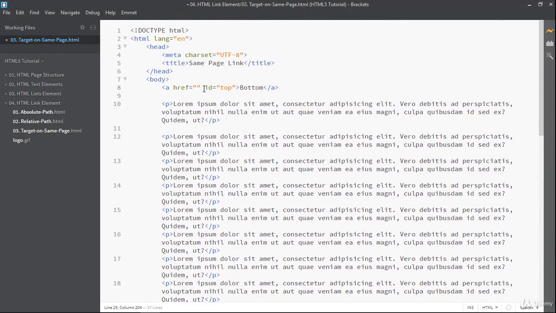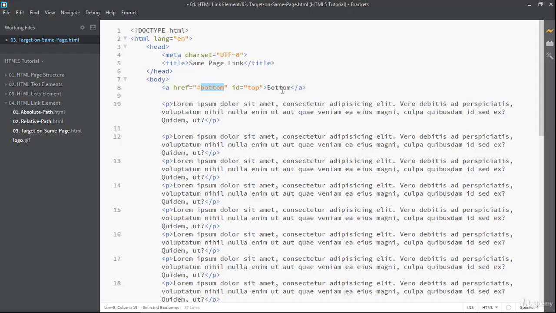So now if I click here on bottom, then it should target the bottom ID, and if you are targeting the bottom ID, where bottom is the ID name, then you have to add one prefix before the ID name, that is hash. So hash bottom means this is an ID.